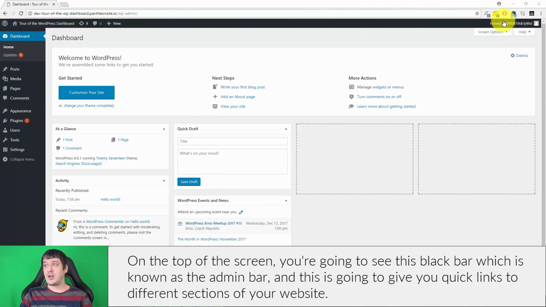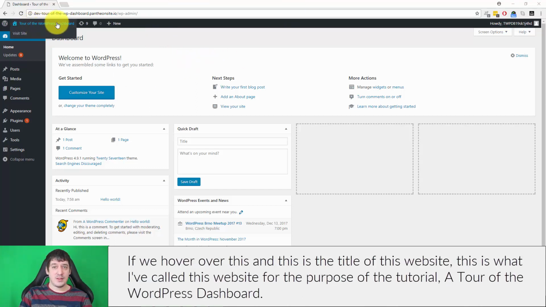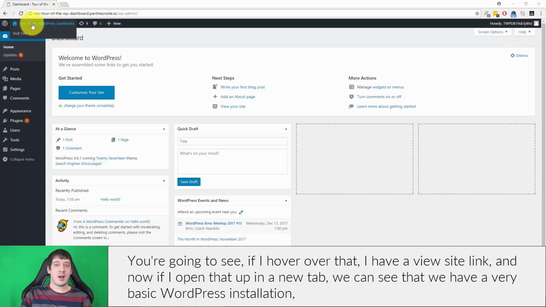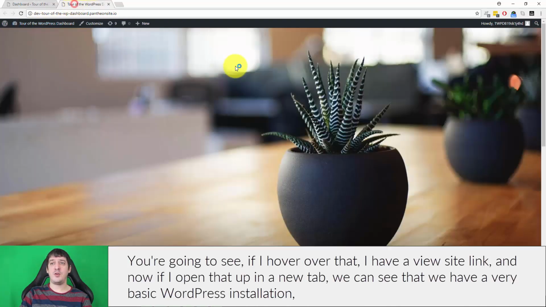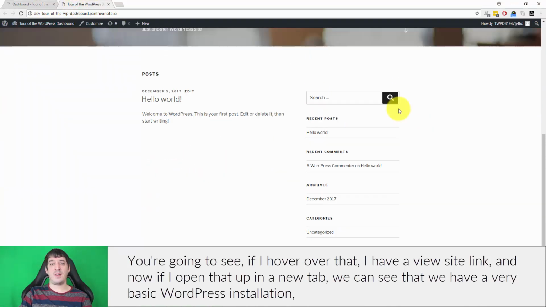On the top of the screen, you're going to see this black bar, which is known as the admin bar, and this is going to give you quick links to different sections of your website. If we hover over this, this is the title of this website. This is what I've called this website for the purpose of the tutorial, a tour of the WordPress dashboard. If I hover over that, I have a view site link. And now if I open that up in a new tab, we can see that we have a very basic